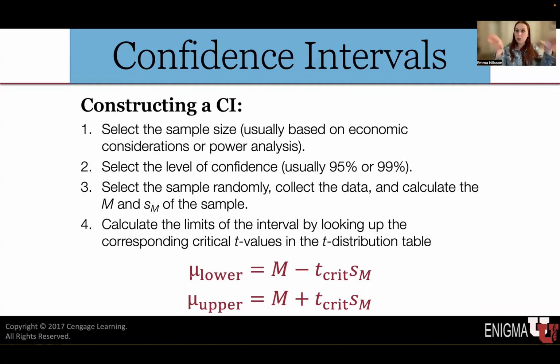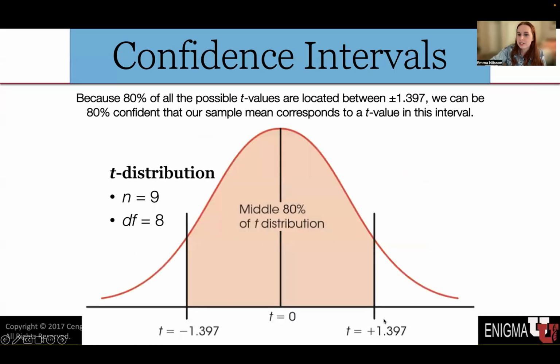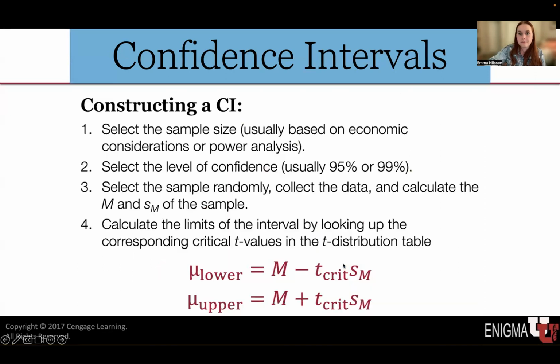And then you're going to use all of that information to calculate the limits of your interval by looking up the corresponding critical t-values in the t-distribution table. So that's what these things are. You're going to look up these limits using your t-crit table. And then you're going to take all of that data and find the upper and lower limits